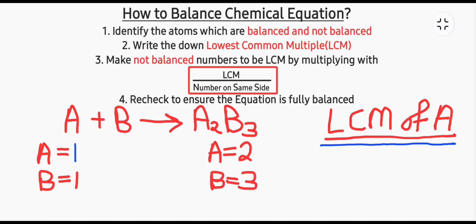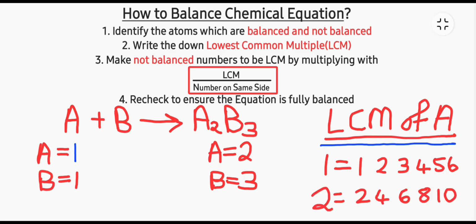Factors, multiples of 1 are 1, 2, 3, 4, 5, 6. Multiples of 2 are 2, 4, 6, 8, 10. Now what is the lowest common multiple? The lowest common multiple there is going to be a 2. So if my lowest common multiple is a 2,